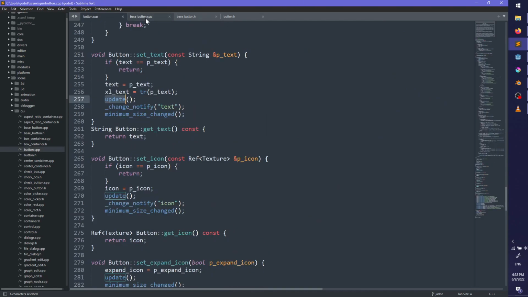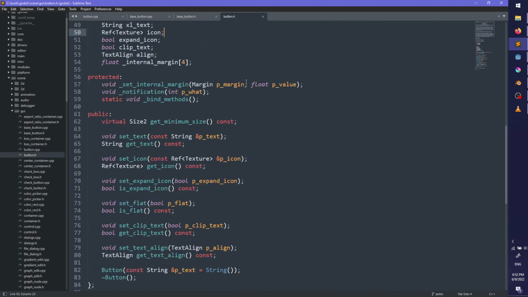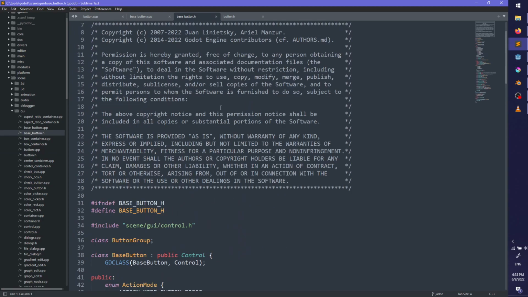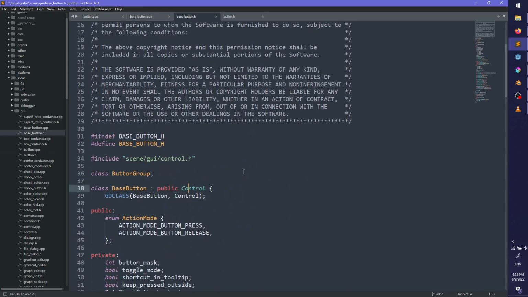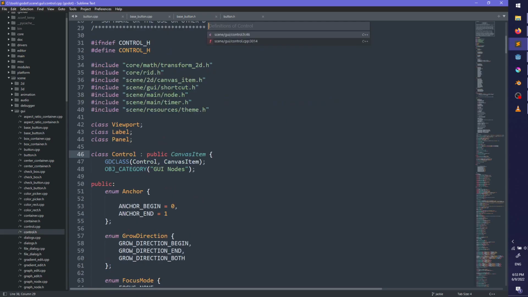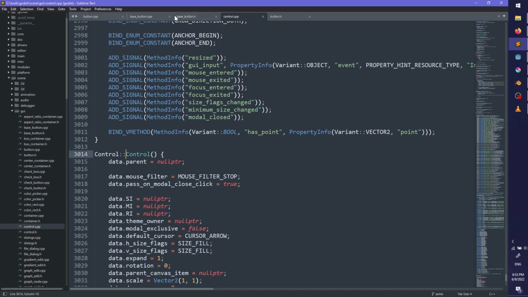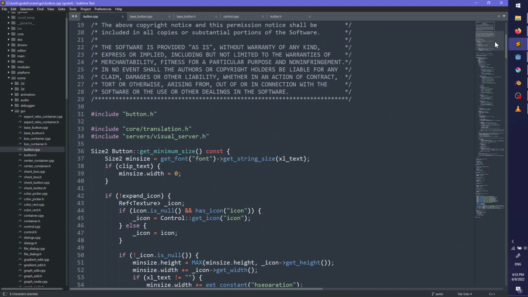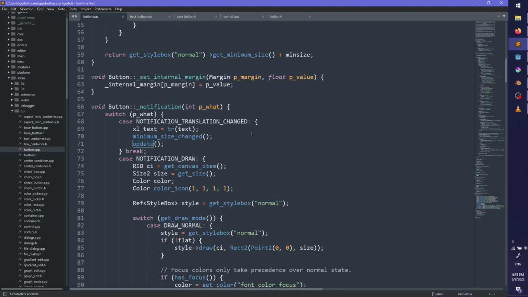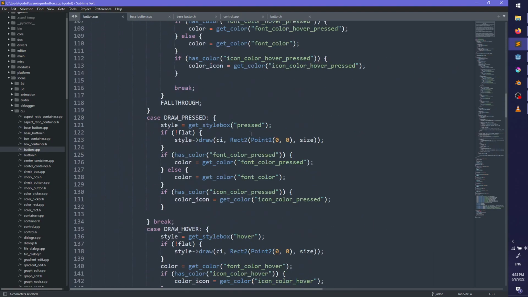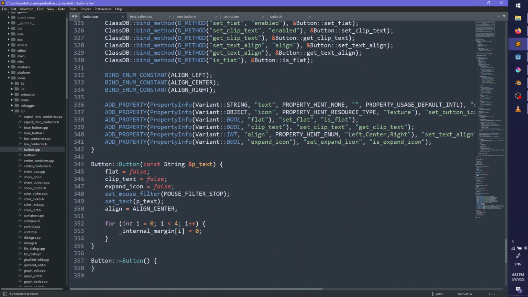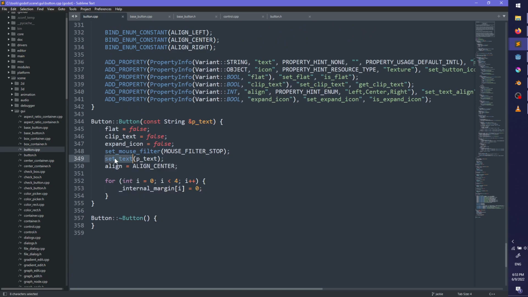Alright, I don't care. Let's figure out. Set text.